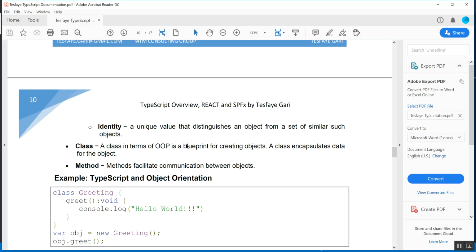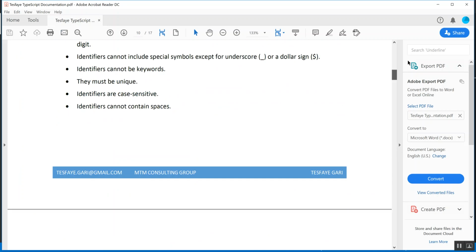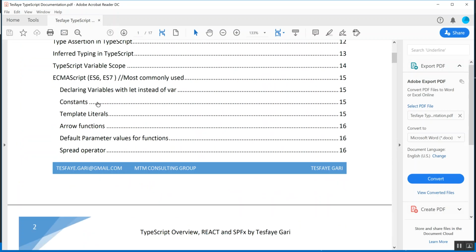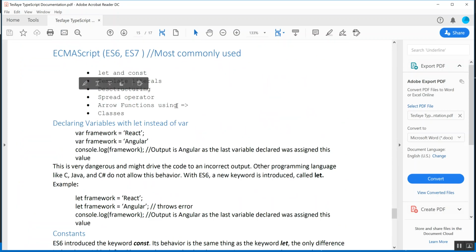So the other thing that I want to talk about here is the ECMAScript 6, 7. I kind of mentioned it at the end here. Those are like the syntaxes that we use. Let and const is how to declare a variable. The same way var framework is React, var framework Angular. This is okay in JavaScript, but